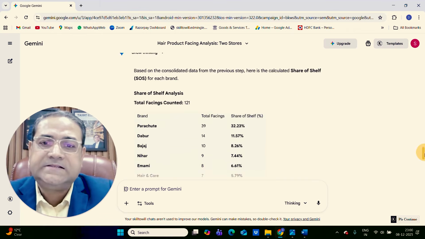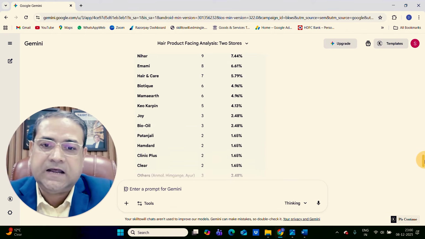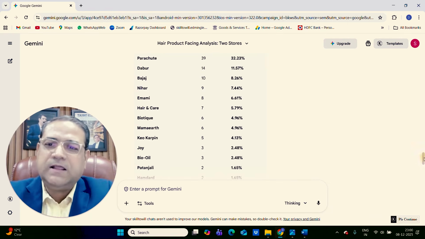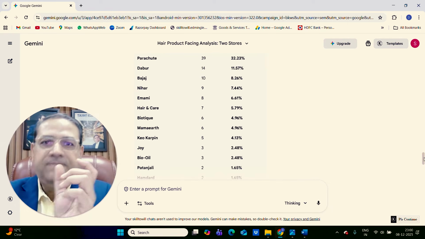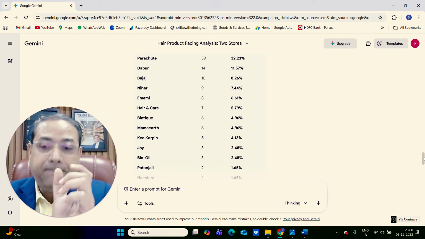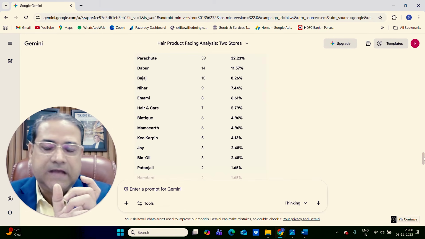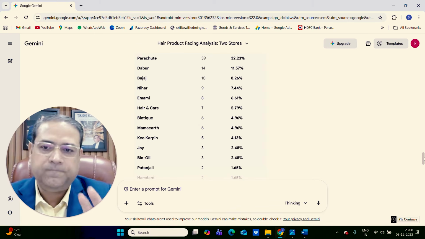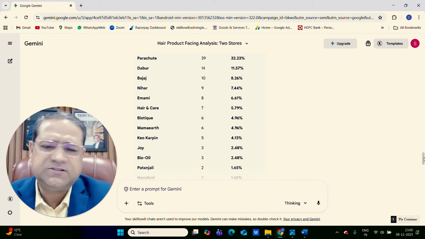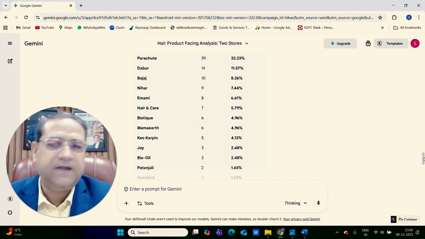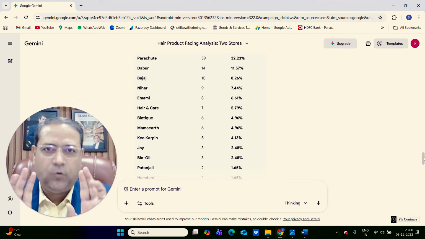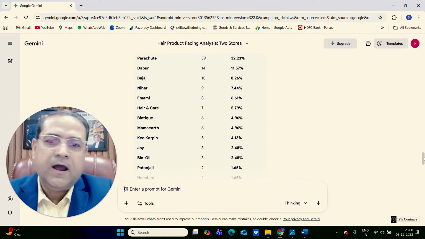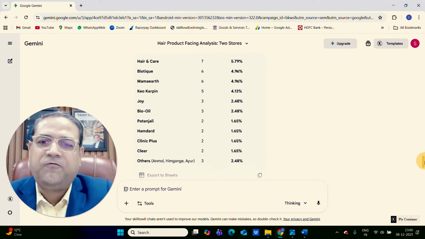Two important things when you are actually doing this exercise. One, you should ensure that all the brands are properly faced towards the camera, or all the packs are properly faced towards the camera before you take the photograph, and your camera should also be very good. Normally all these smartphone cameras are very good these days. The only thing is that you have to focus it properly and take a very good photograph. Rest of the things will be taken care of by AI.